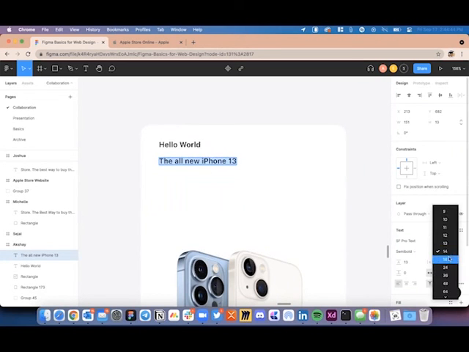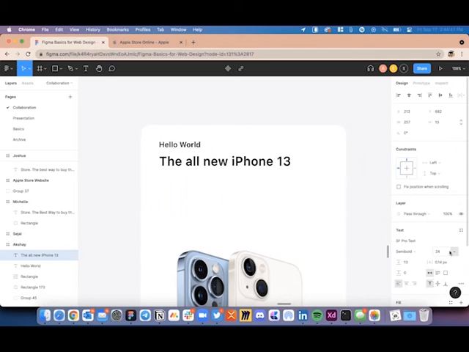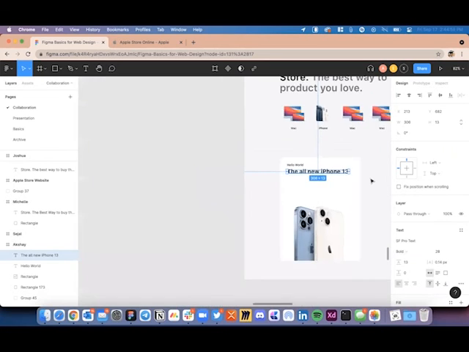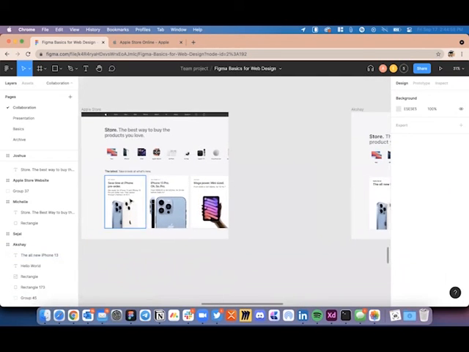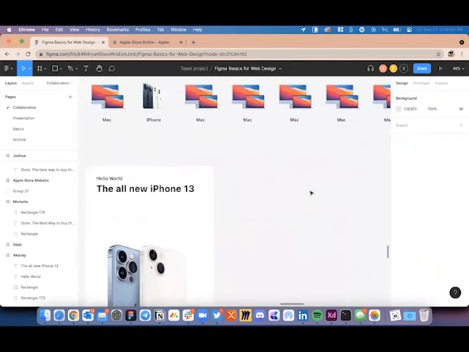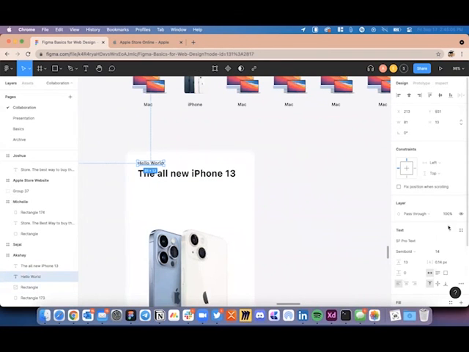And you see that there's a headline which has a slightly higher font value, and it is bold. So this is how you can create something similar to this. And then again, there's a sub headline.